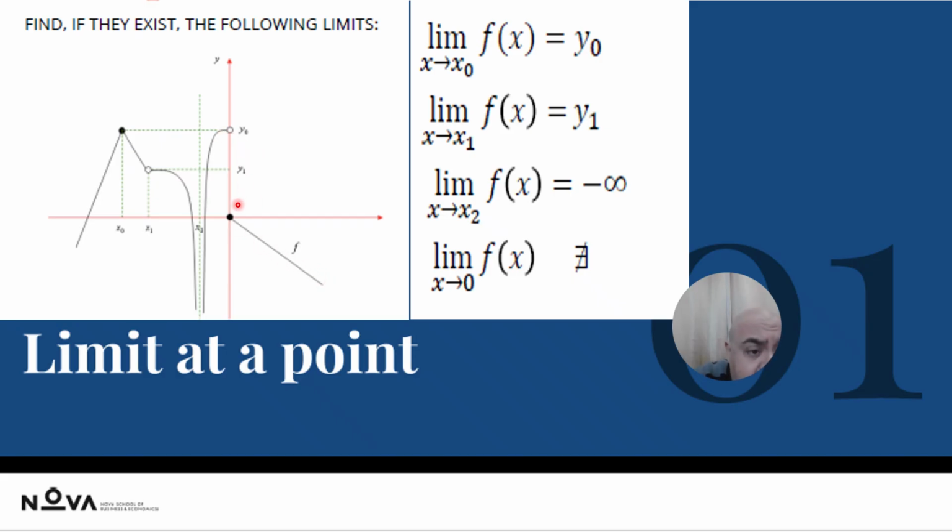And these two values on the y are not equal to each other. This is the case when the limit of the function doesn't exist. So from this graph, this sketch of this function, you will find that it shows you the cases of the function if it tends to x node